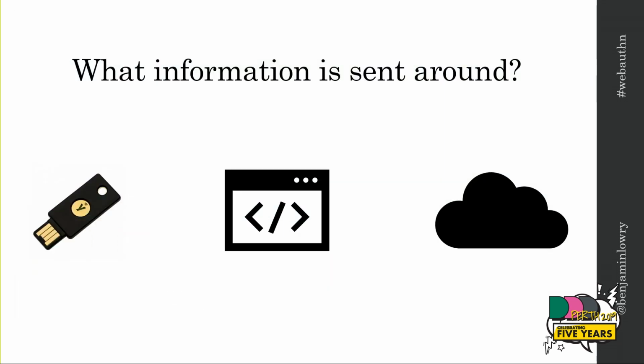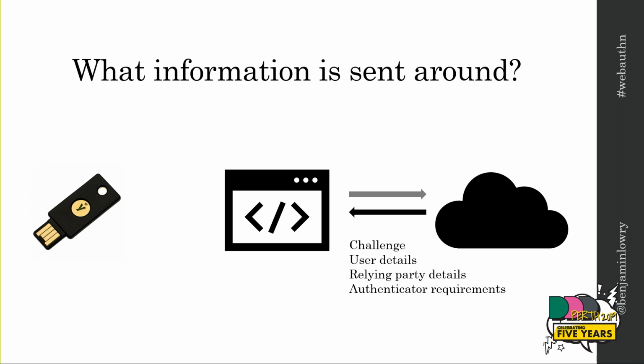In this case, the 3 main parties are your authenticator. I've used that symbol, but that could just as easily be your phone. The browser and the website server. So to start off by sending a username and maybe a password, because I said you can use multi-factor authentication. And then the server will respond with a challenge. And the challenge is basically a sort of shared secret, but it's not a secret. So it's just something that both sides use at the end.